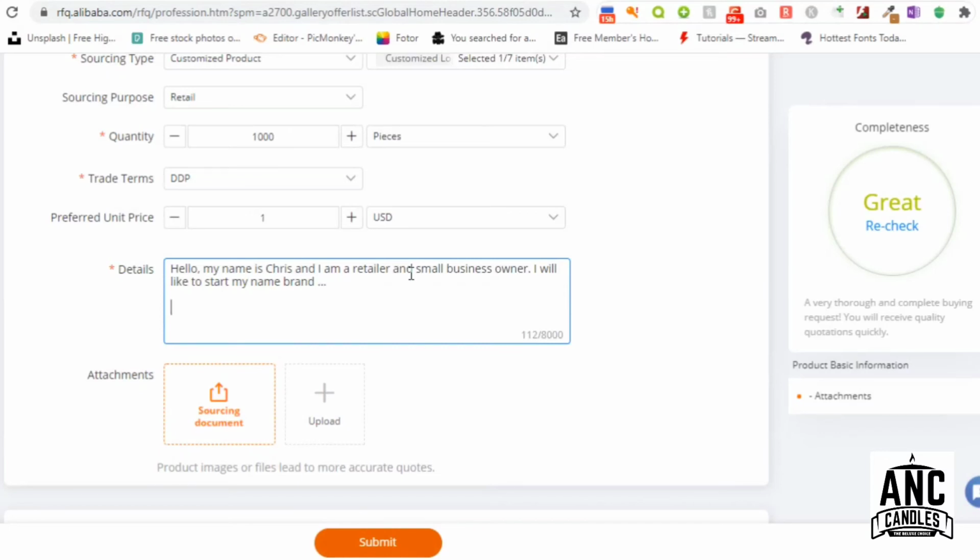Okay, and then you can upload whatever image you want to upload, so they can see the kind of product you want to make, or the kind of design you have in mind. Okay, you can show them that. Then you hit submit, and right here you will see your completeness will be checked from poor to good to great. Okay, so after you've done all of this, you can just click on submit,